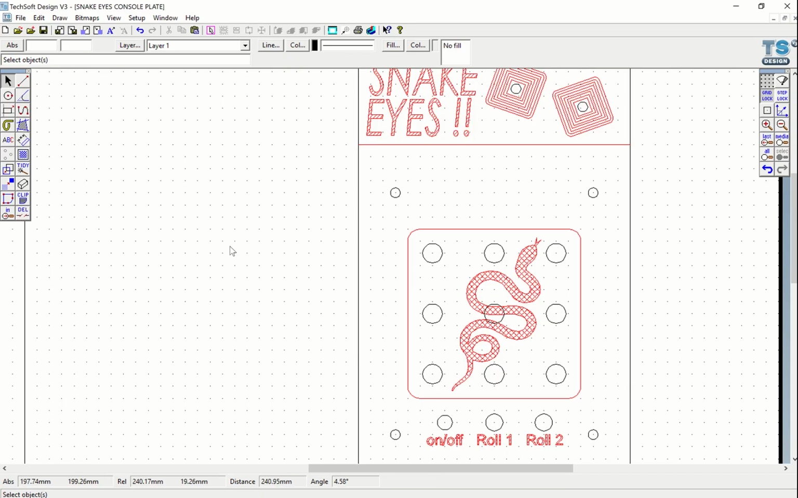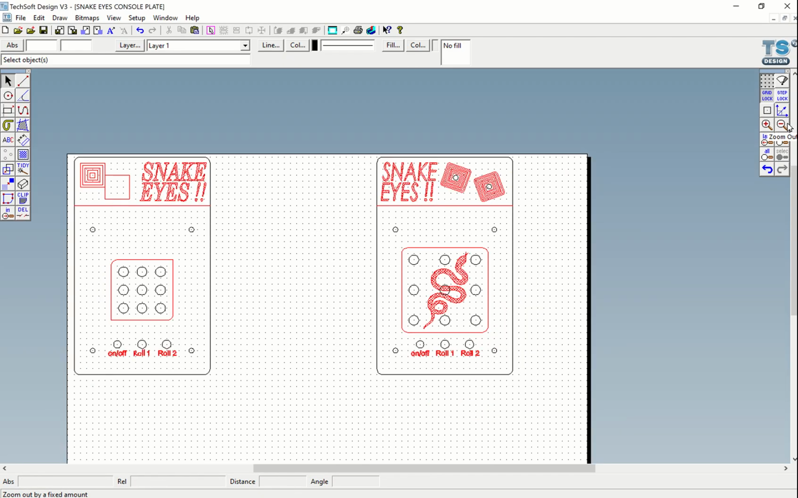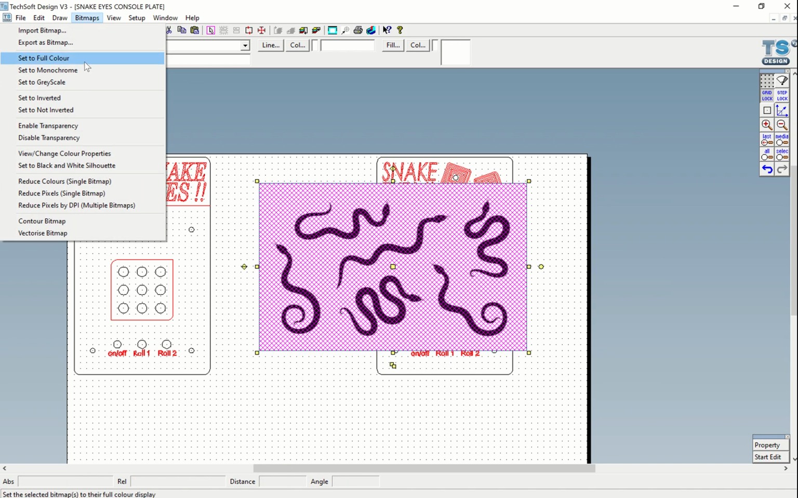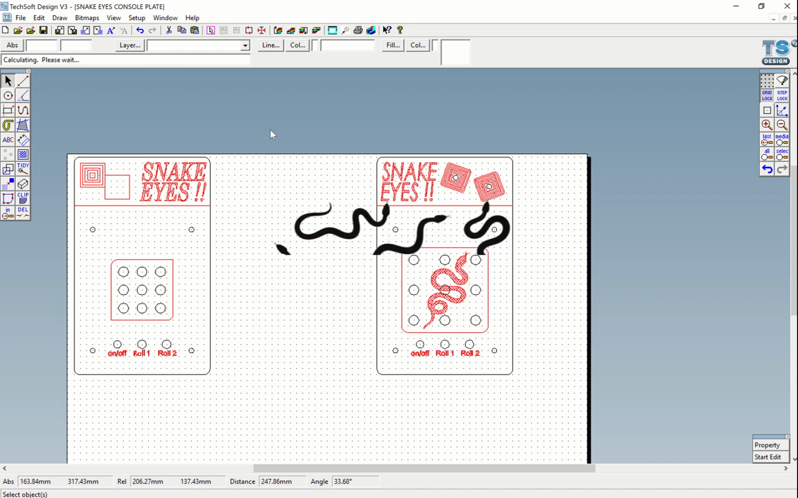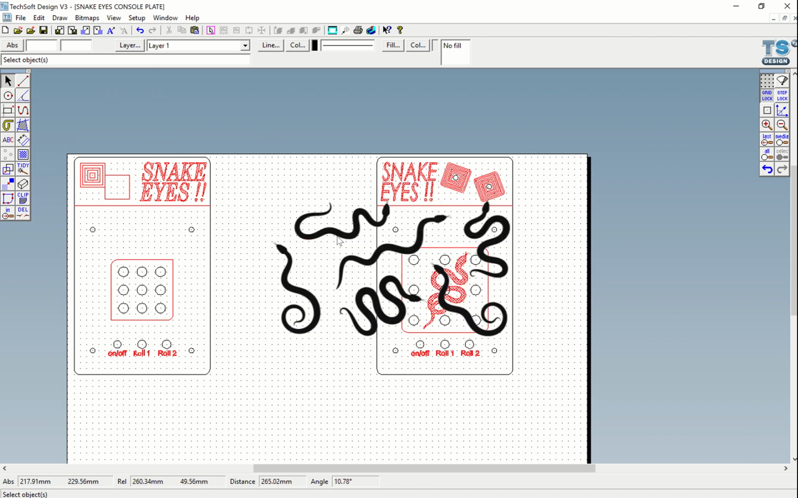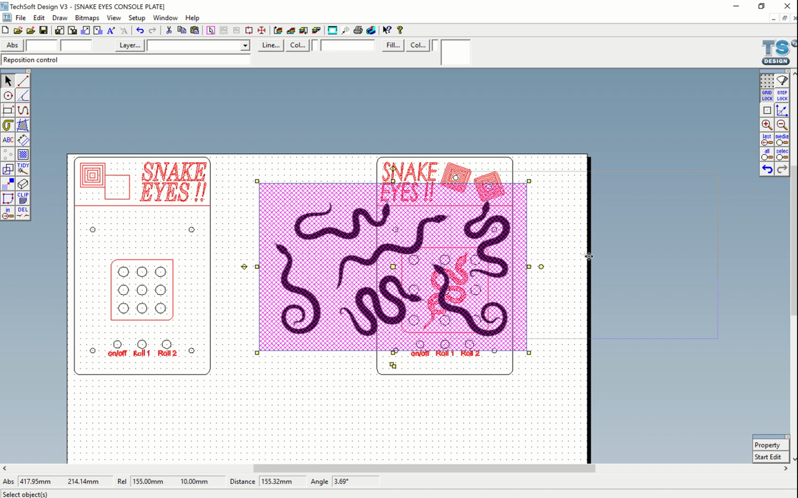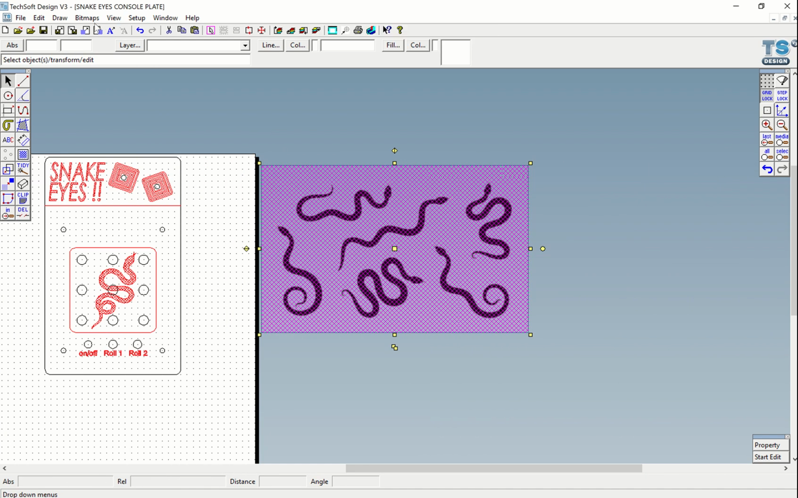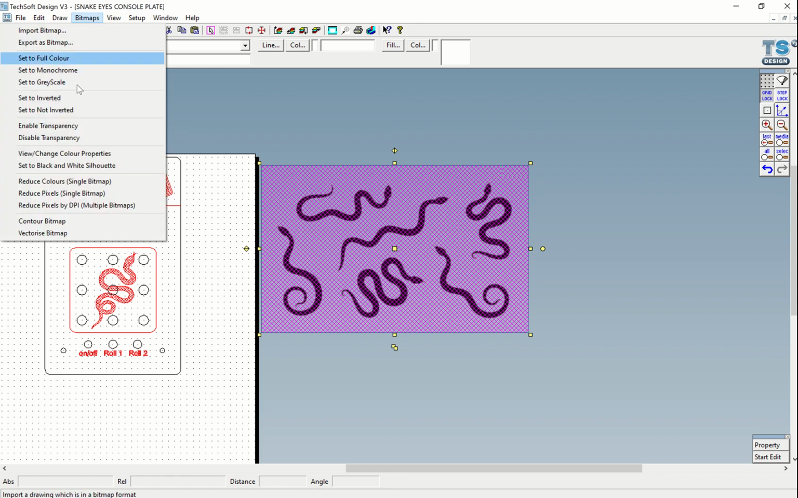Okay, and then I'm going to go to my file and I'm going to go Control V and paste it in. Now what I need to do is go to bitmaps and enable transparency to get rid of the white, and then I need to take this and contour around the snakes. So to do that, I click on bitmaps again, having selected the object, and I go